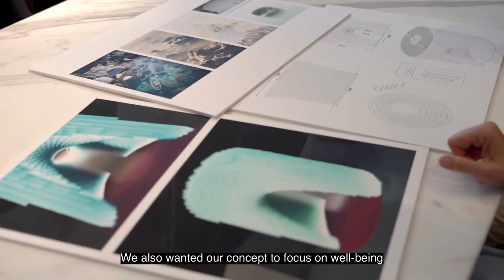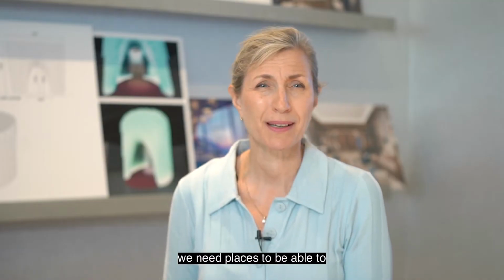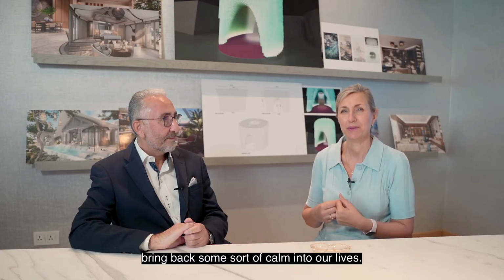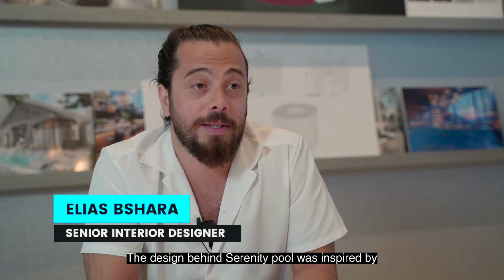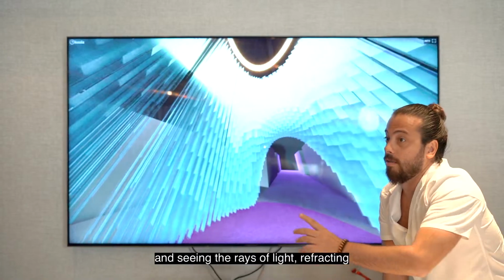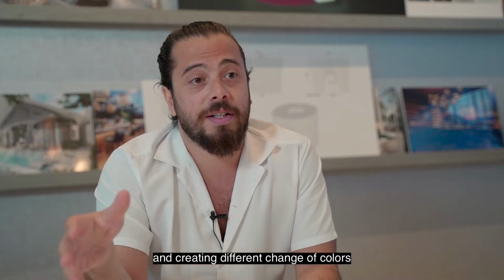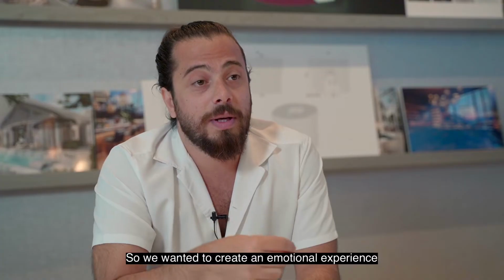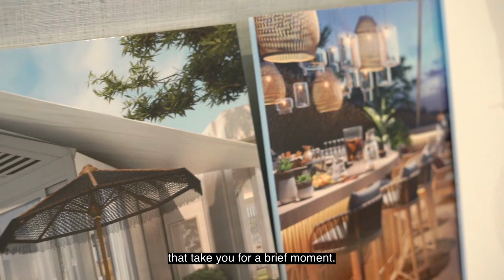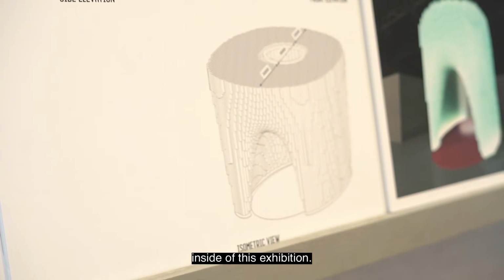We also wanted our concept to focus on well-being. We needed places to be able to bring back some sort of calm into our lives. The design behind Serenity Pool was inspired by the wondrous experience of being underwater and seeing the rays of light refracting through the water and creating different shades of colors. So we wanted to create an emotional experience that take you for a brief moment into a calm cocoon inside